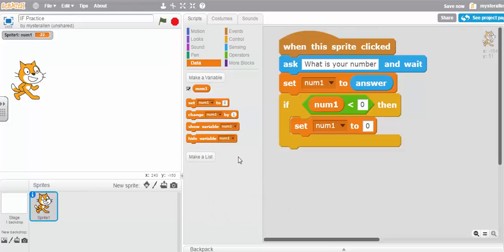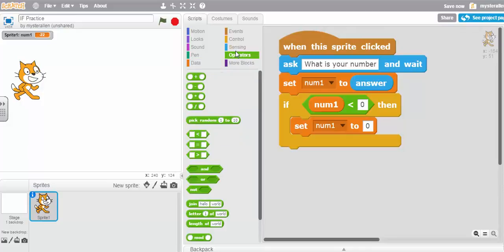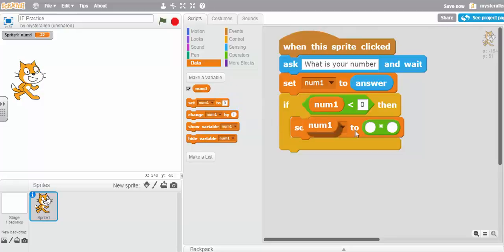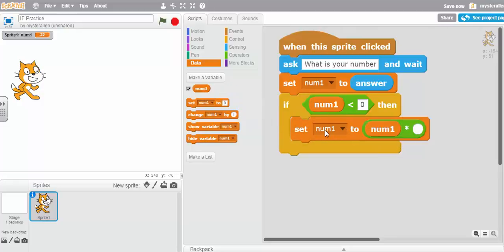Now that I've blown it up so much, I can't get rid of it. So I want to set number 1 to B, and now the tricky part is what goes in here. This question is a little more advanced than some others, but basically, if you think about how to change a negative number to a positive number, multiplying it by -1 is the solution. So now I want to change number 1 to be whatever number 1 was times